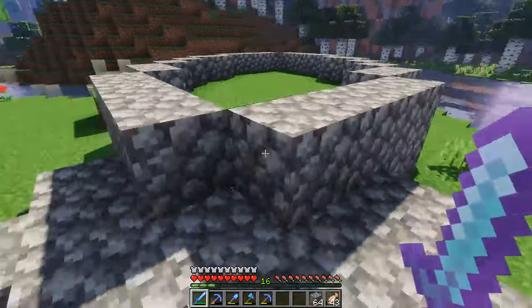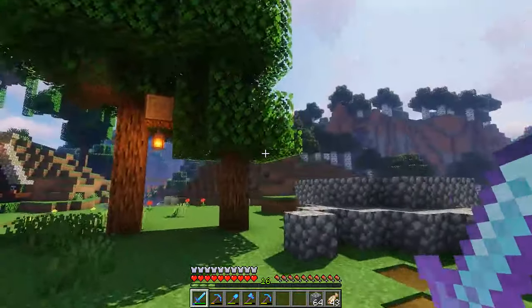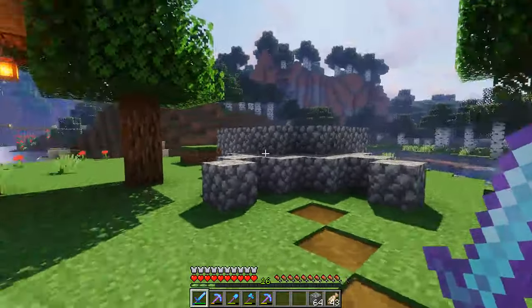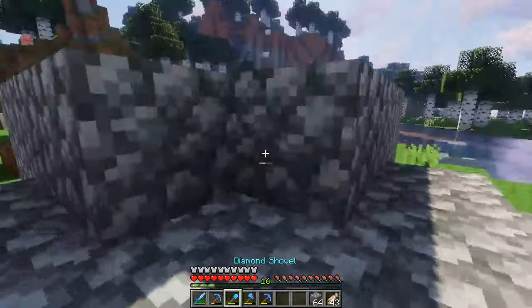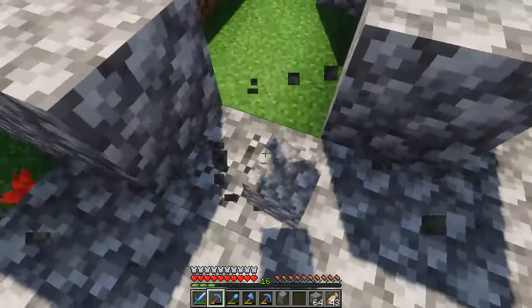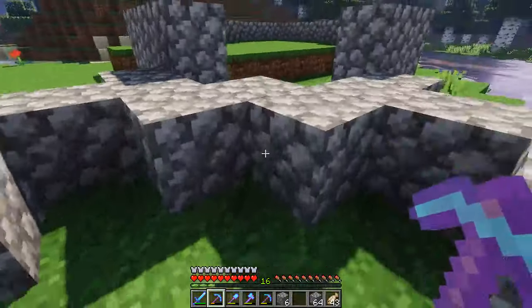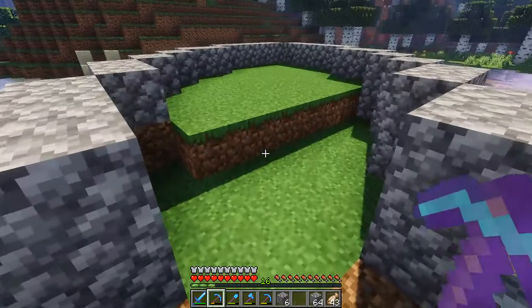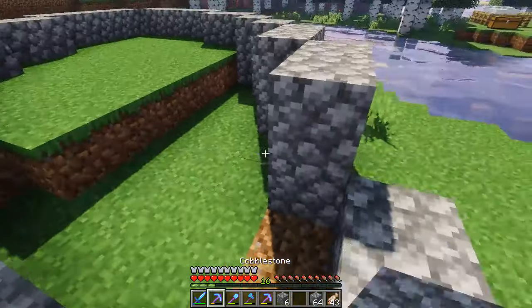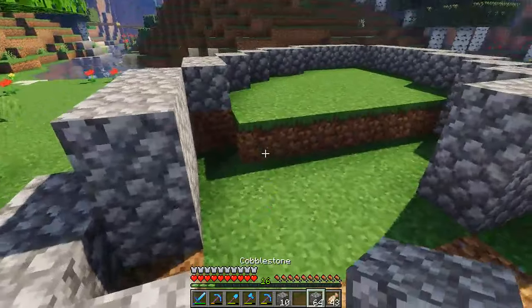But the question is, I don't think I want the pathway to plug up right there necessarily, or I might... Let's remove this stuff for just a second. So the pathway comes up right here. Ish. It's not set in stone, but... And what if I did...